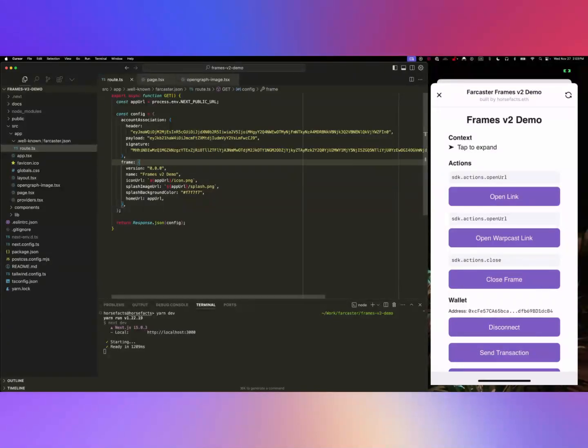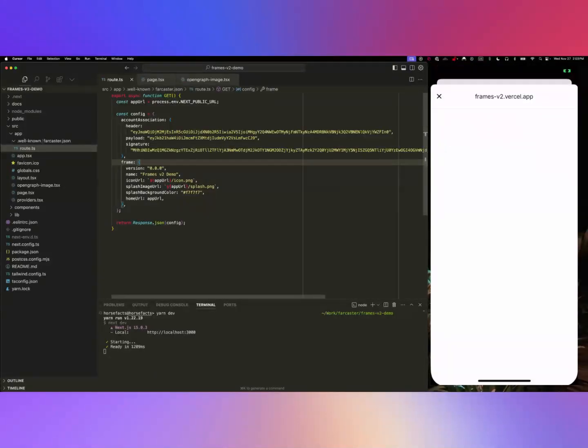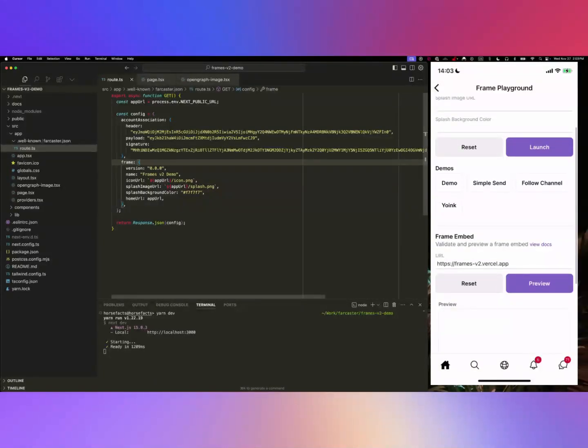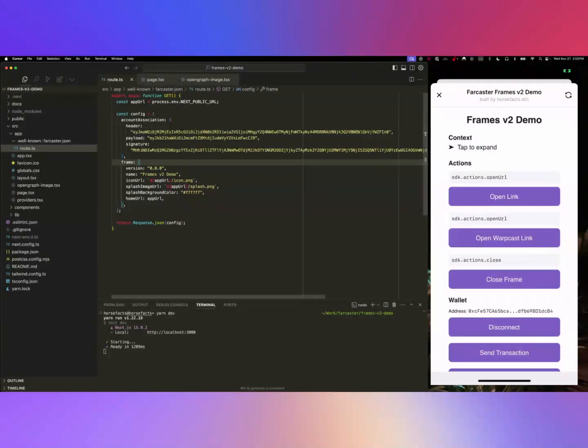So you can see when I launch from this actual frame embed, I have a much nicer title, and I have an attribution in here. It says Farcaster Frames v2 demo up here at the top, and built by horsefacts.eth. So the reason I have this nice title, rather than, you can see if I launch through the tester here, we're just showing the domain. What has enabled this is the fact that I've set up two things,